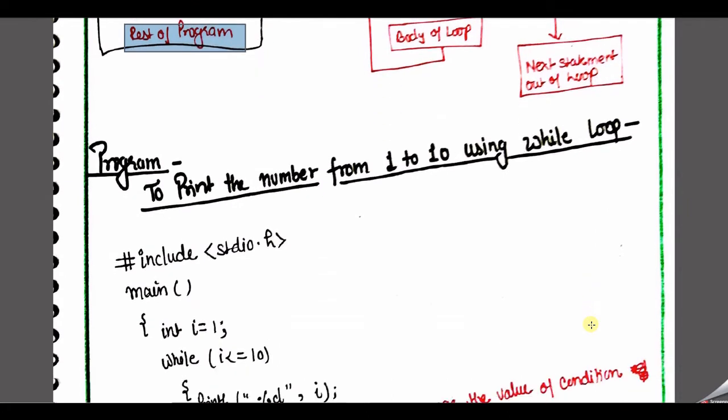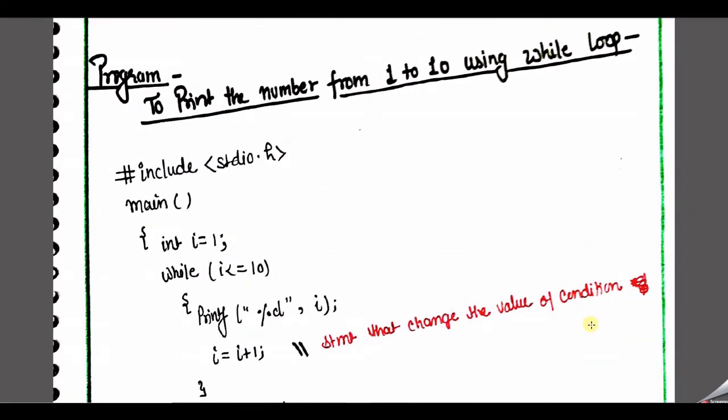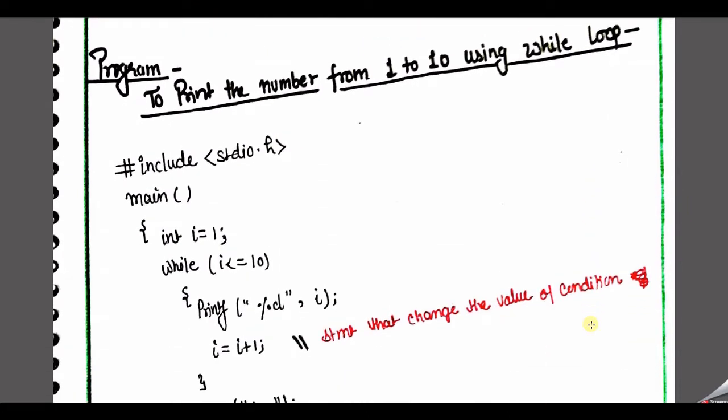Okay, so let's take an example based on the while loop. Hope you can easily understand what exactly the loop wants to say to us. Fine. So here the question is to print the numbers from 1 to 10 using the while loop. Right now if I told you to just print the numbers from 1 to 10 in the C programming language, without using the while loop, then maybe some students would print with printf %d, i is equal to 1, then print the second number 2, print the third number, then the fourth number, and so on.